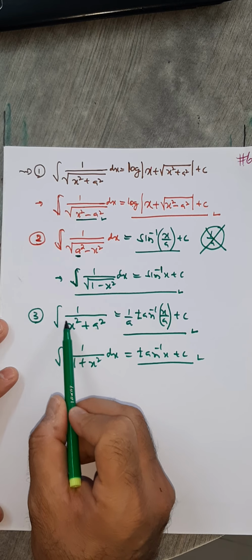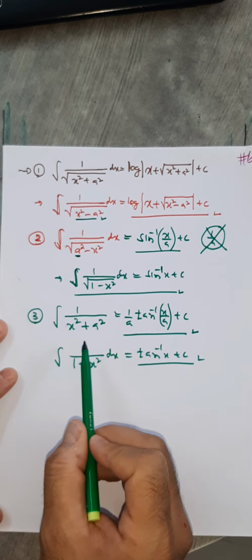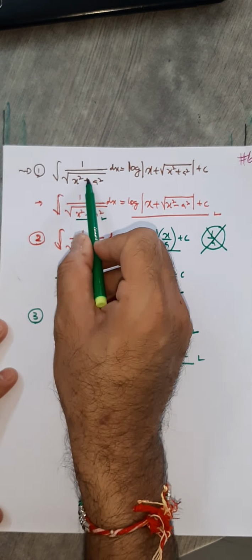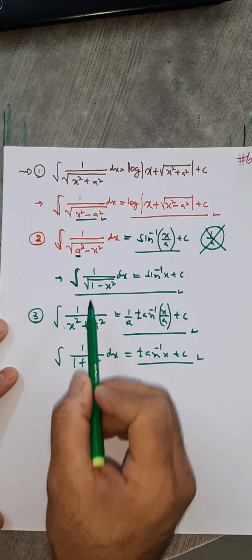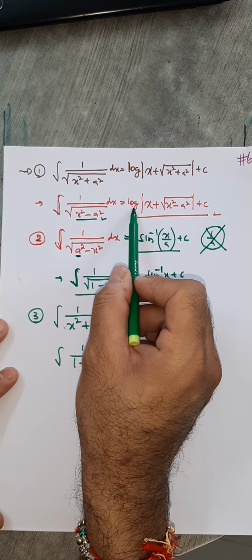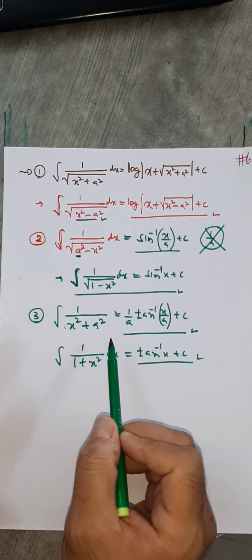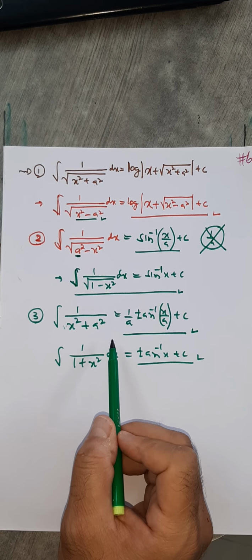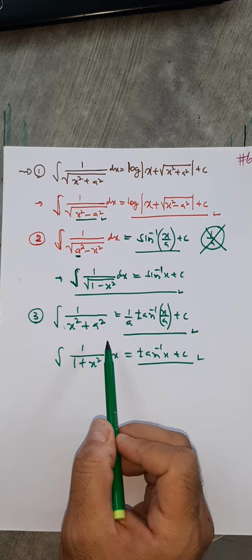If you put square root here, it becomes the first formula. You see, if I put the square root, it becomes this formula. And if you have inside the square root variable first, answer is in form of log, constant first, then answer is in form of, remember, sine inverse. Okay, so with this information,